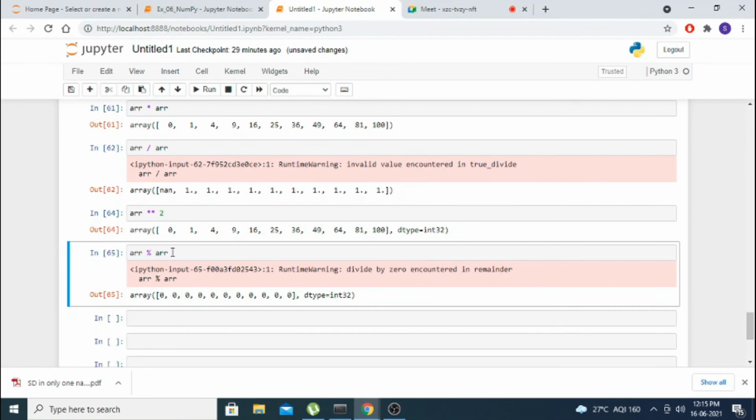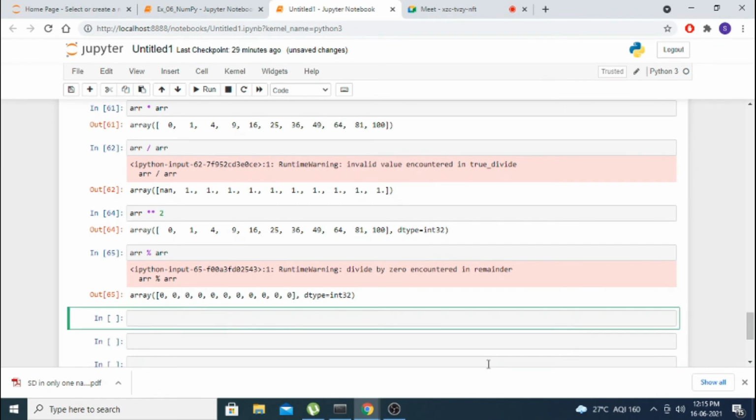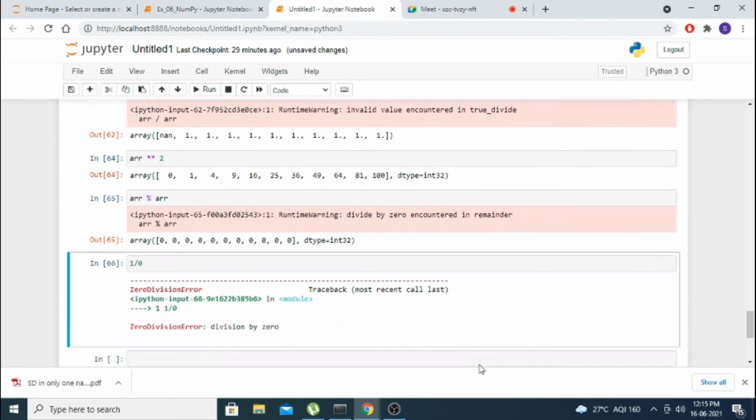Okay, it is also possible. Reminder, here 1 divided by 0 you are giving, it is called infinity. It is an error, it will come. This is a division by 0. 0 divided by 0 is different, 1 divided by 0 is different, it is called infinity. It will come. It is also an error.